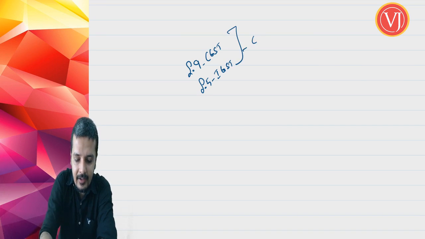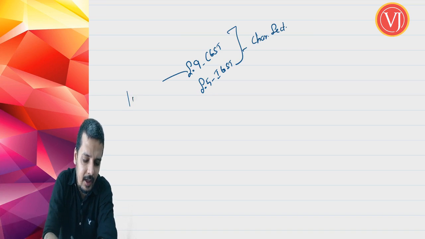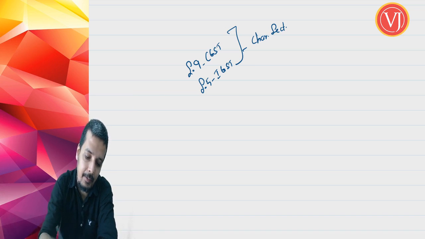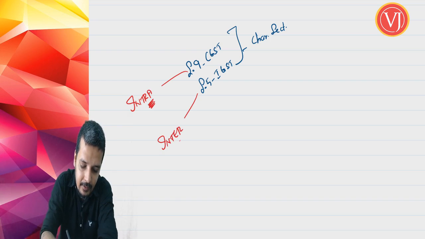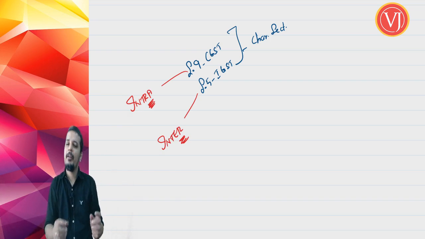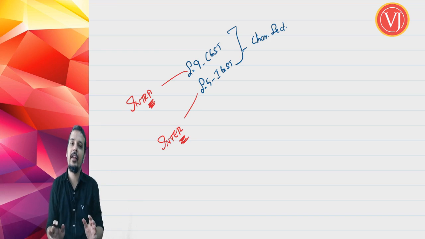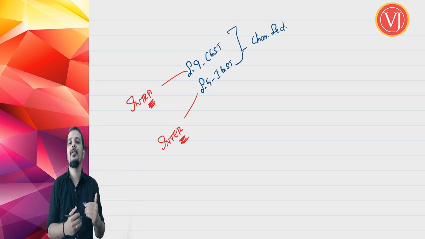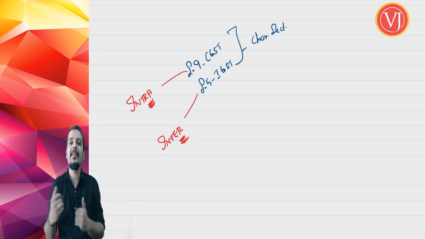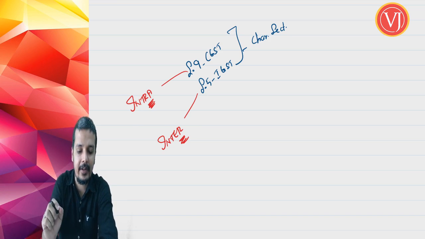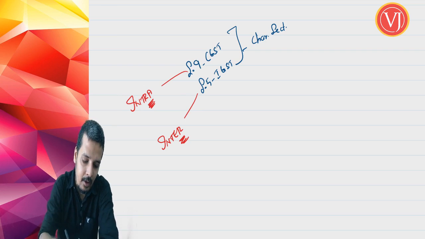Both are dealing with the charging section. Mind you, my friends, there is not much difference. Section 9 of the CGST Act will be talking about intrastate supply, so here the discussion will be about intra, and section 5 will be talking about interstate supply. And there will be a small difference which we will be discussing in the end. Otherwise, whatever is there in section 9 of the CGST Act is exactly there in section 5 of the IGST Act, with one small difference that we will take up in the end. Alright, so basically they are the same.